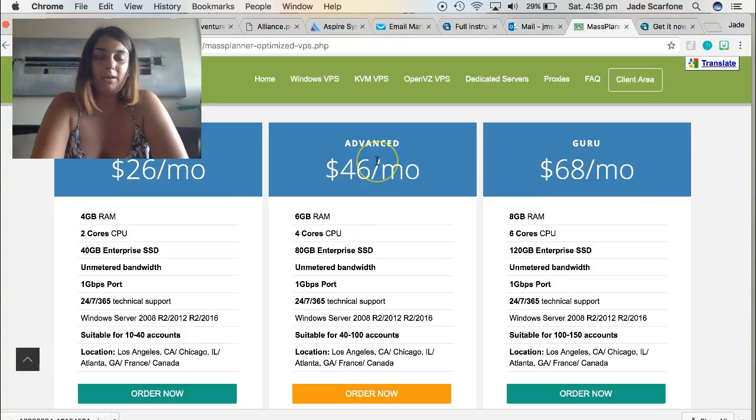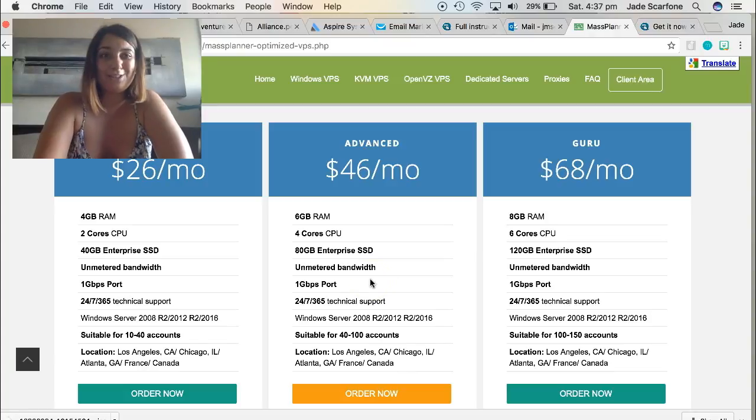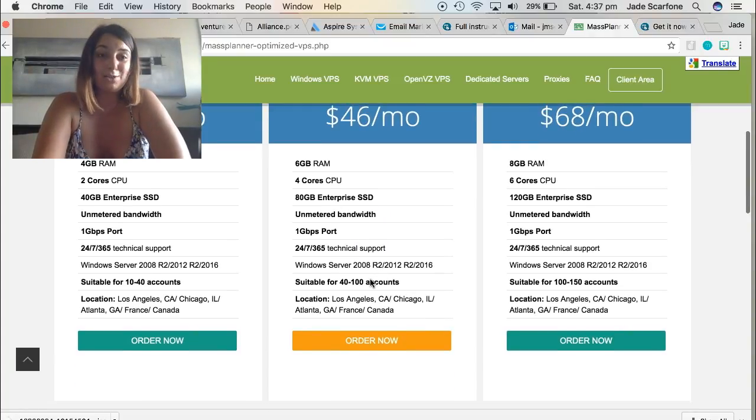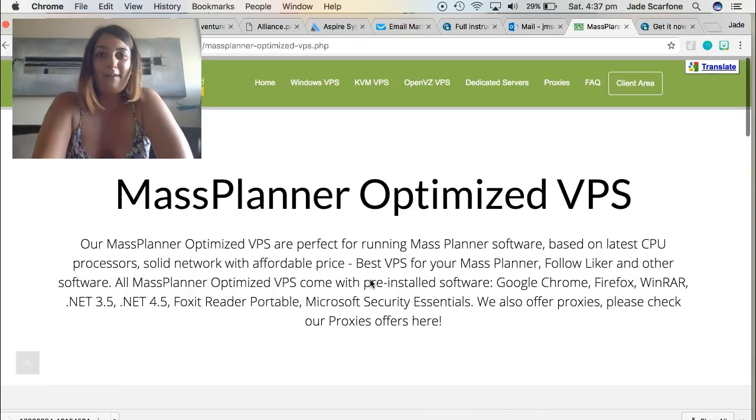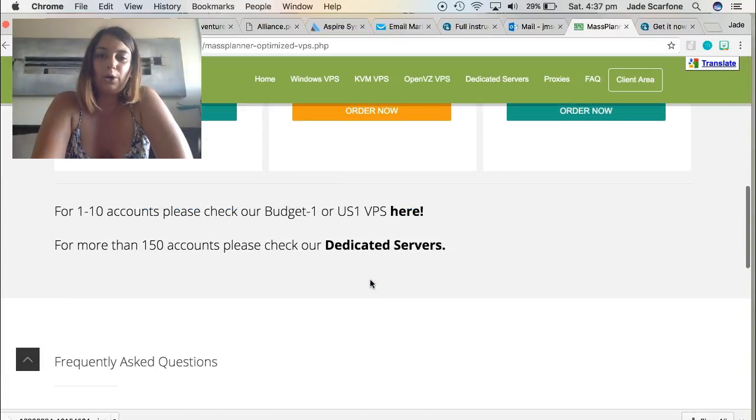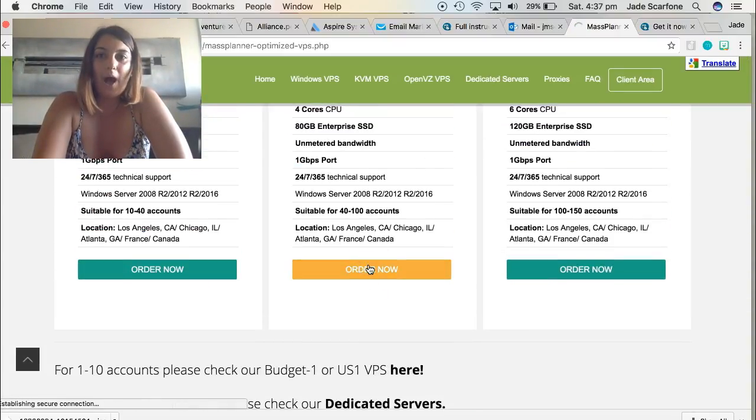I've just gone for the middle of the range one because I found with the previous program I used, when I went with the basic one, it ran really slowly. I know this says suitable for 10 to 40 accounts. I don't have that many, but I still just wanted to go to the one above that just to be on the safe side because I like to do a lot of stuff and I like to have it running quickly. So you go through and you order now,